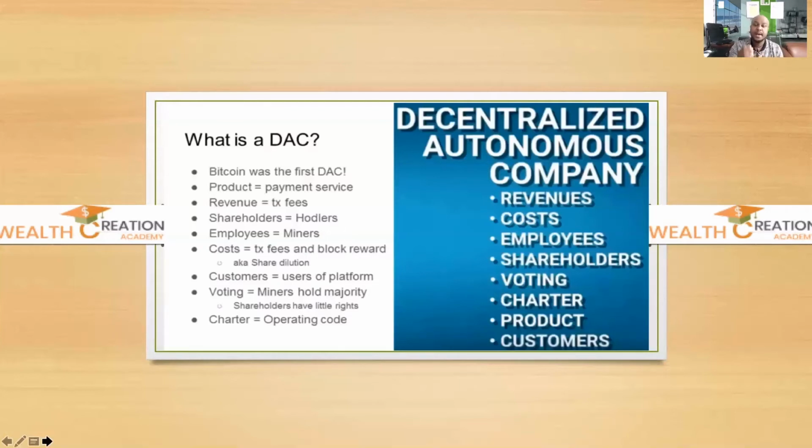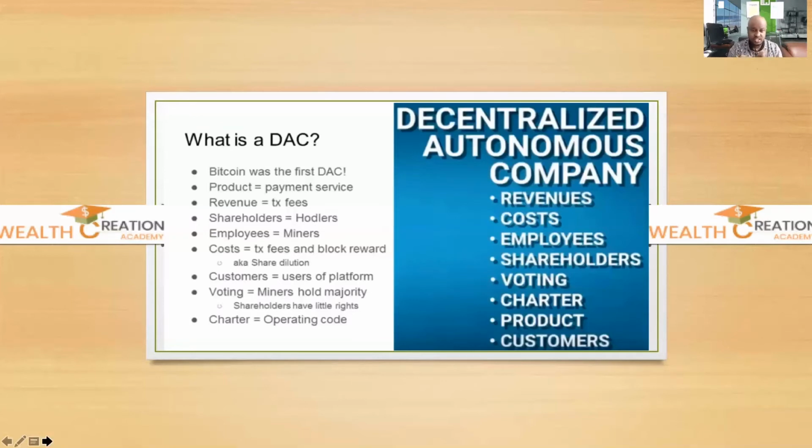Okay, voting. Miners hold the majority, so the miners can vote. They're doing a lot just by holding, for example, the coin. In Bitcoin, holders really don't have many votes, but the miners, because they're the ones actually doing the work, have more of a say. However, within our delegated proof of stake, the token holder actually has some votes. The witnesses have bigger votes, but you also, as an individual, are the one who votes for them. We also have some kind of power.